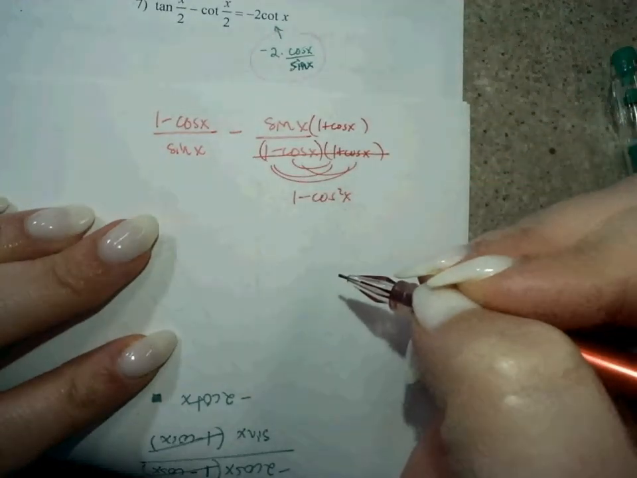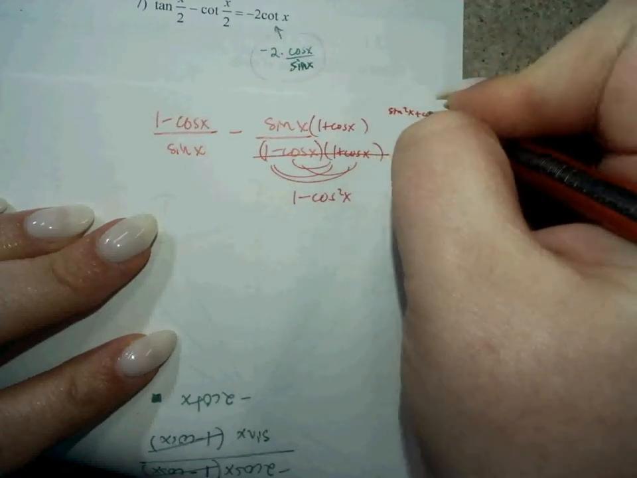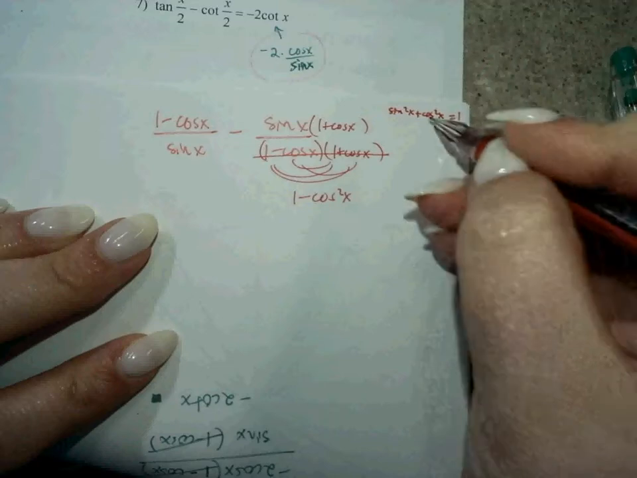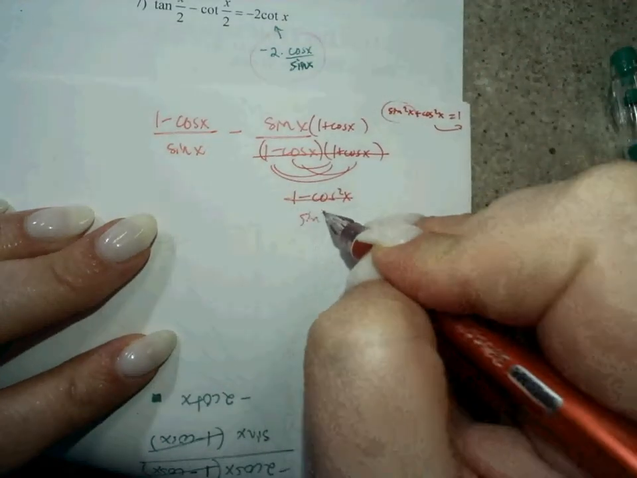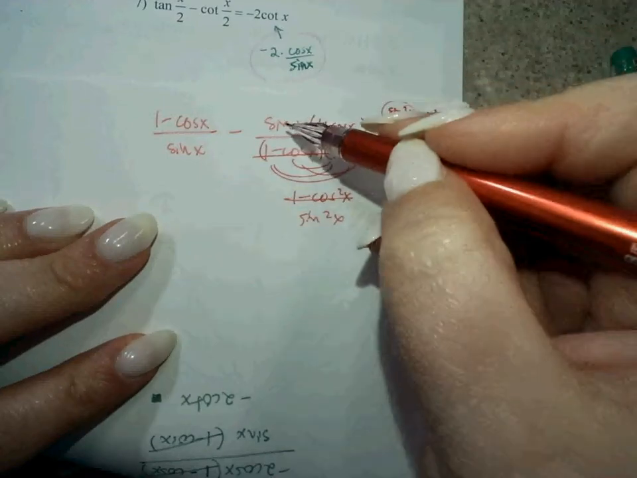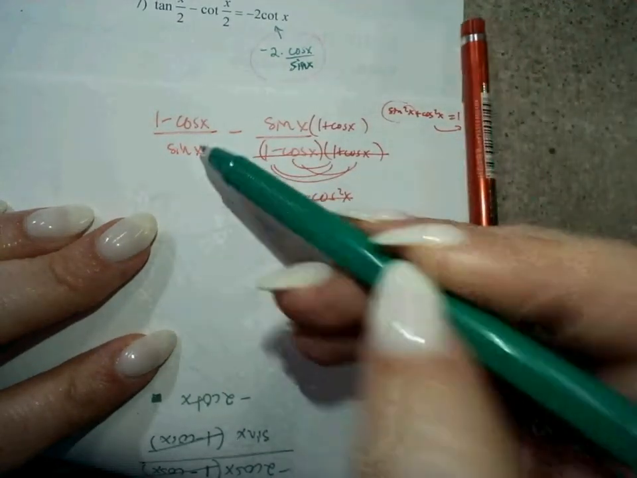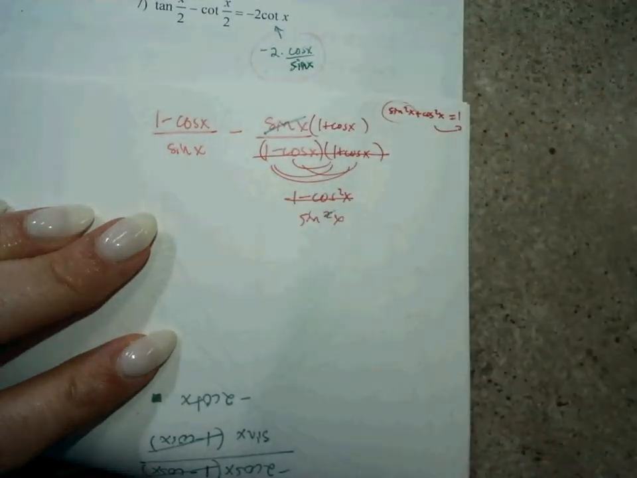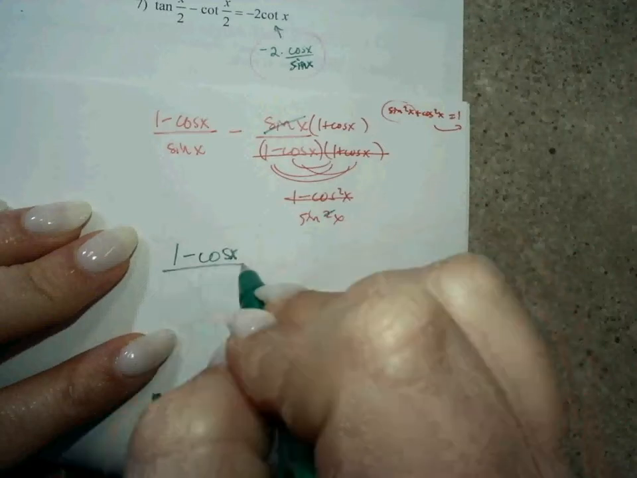So that becomes 1 minus cosine squared. But if you remember the Pythagorean identity, sine squared plus cosine squared equals 1, so 1 minus cosine squared equals sine squared. Then this just equals sine squared, right? And then I've got 1 sine in the numerator and 2 sines in the denominator, and I have just a 1 sine over here. So if I simplify out 1 sine with 1 sine,